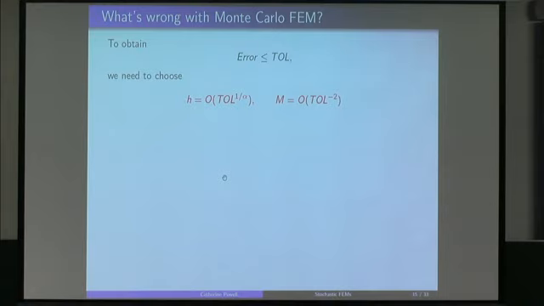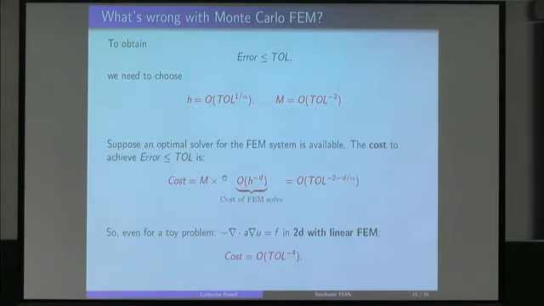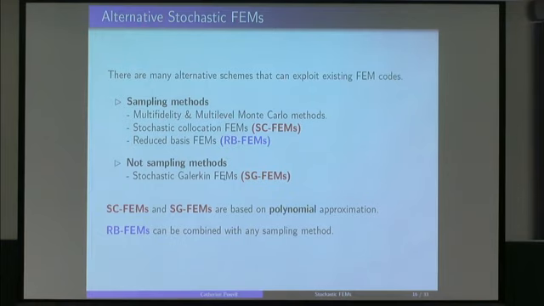Okay? So this is really the motivation over the last couple of decades for people in the applied math and numerical analysis community to really try and do something better, right? Try and do something better. Okay, so there are many alternative methods that rely on existing finite element technology and that can be used around existing finite element code, right? So there's going to be lots of talks about all of these kinds of things at the upcoming workshops. A lot of people in this room, the academic members of this community, are experts in all of these things.